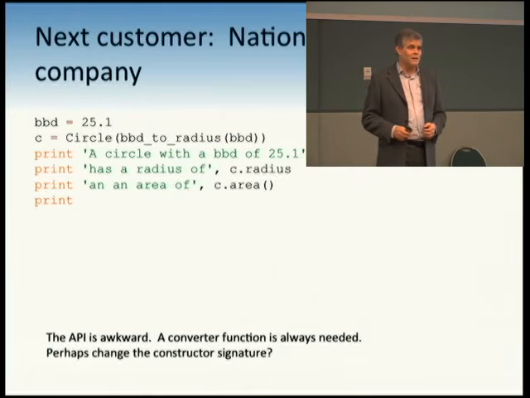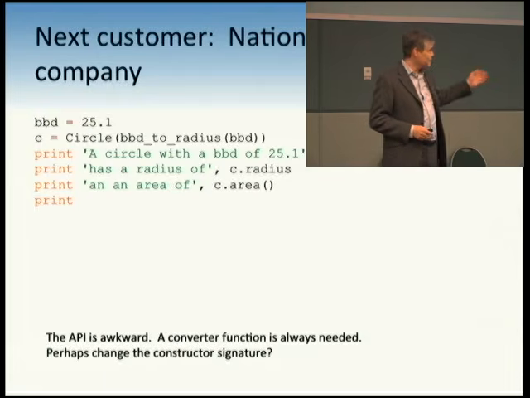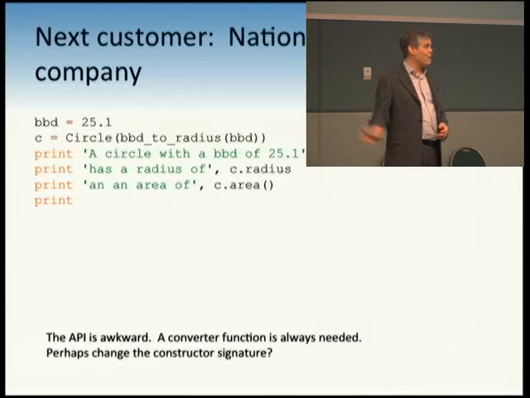The usual way it's decided is who has the most power. Well, I'm the lead. We will use from bounding box diagonal. Or in this case, the National Graphics Company is the biggest customer. We'll just throw all of our other customers' code out the window and destroy them in favor of our new client. You've never seen this happen in real life, right?